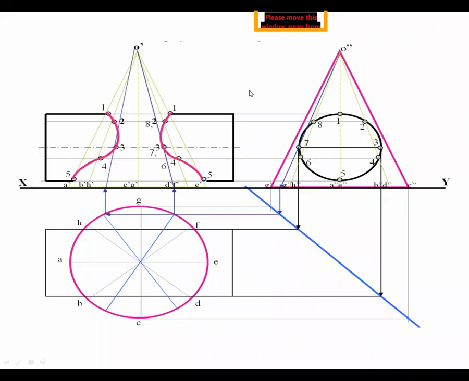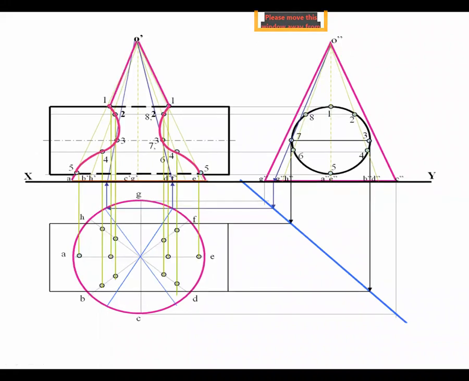Now we have to draw the curve of intersection in top view also. So before marking it, just darken the part of cone over here and take projections from point 1, from point 2, point number 3, point number 4 in the top view, and point number 5.